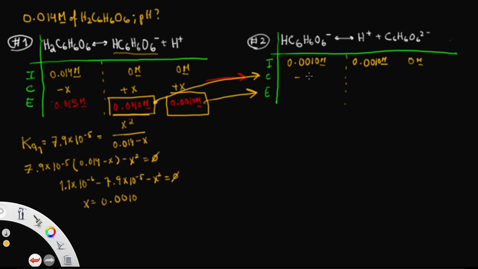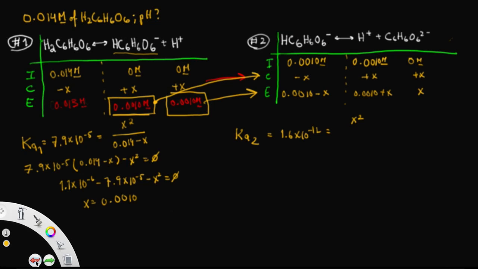Our change will be the same. We'll be losing some of our reactant, and we'll be gaining some of our product. Okay, so plus X and minus X. So our expression for our end reaction will be 0.0010 minus X and 0.0010 plus X and 0 plus X, which is just X. So we'll do our second equilibrium expression. We'll do Ka2, and the 2 denotes our second dissociation, and our Ka2 is given to us. Our Ka2 is 1.6 times 10 to the negative 12th equals our product over our reactant,